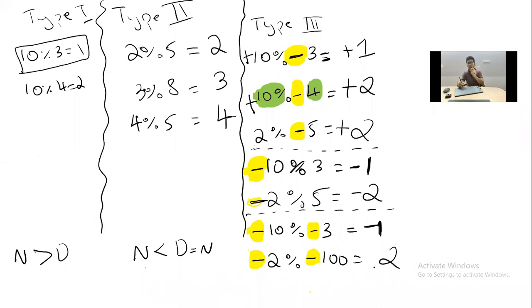Then I have to put the sign of the numerator. What is the sign of the numerator? Minus, so it is minus 2. Definitely, if I compile and execute, I'll get this as the answer. But I don't have to compile and execute to show it to you. I think you trust me now, right? So the answer will be minus 2 only. These are all the types in the modulus operator.